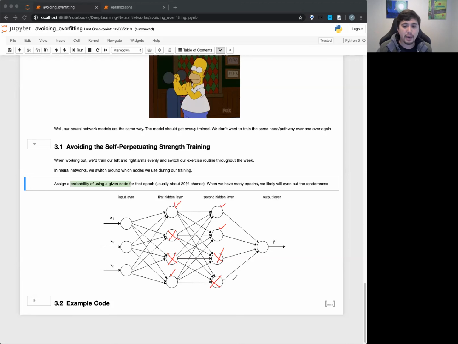It's all random. I've heard a really great analogy for this: imagine each neuron is like a worker in a company and your neural network is the company. Imagine that you randomly choose whether each person goes to work today or not. You can't have a person who's the only one who knows how to do a particular thing, or the company wouldn't do very well.